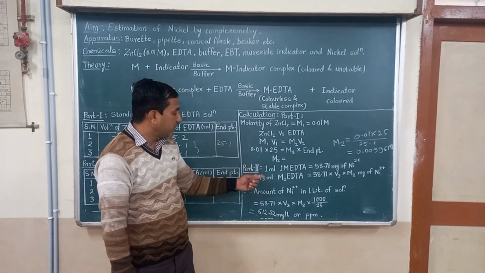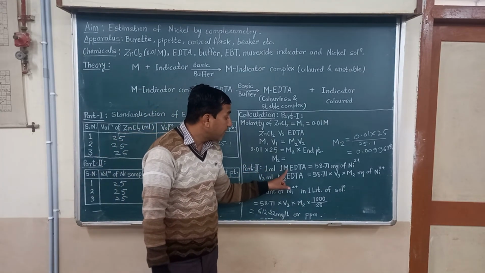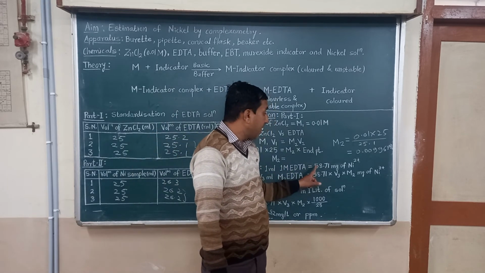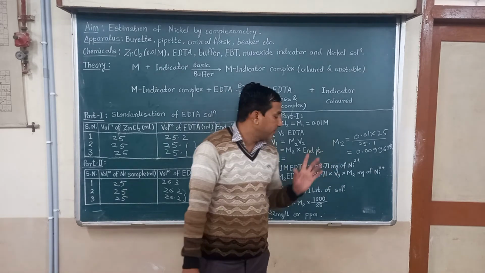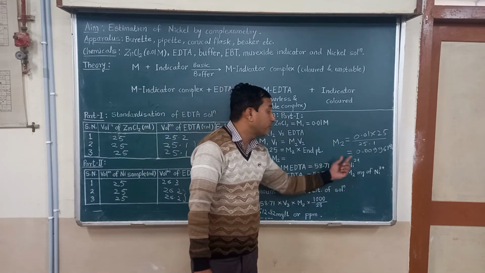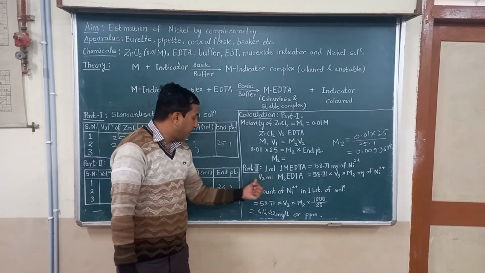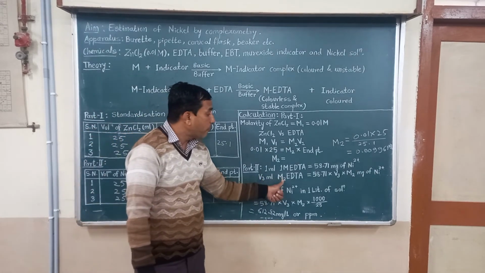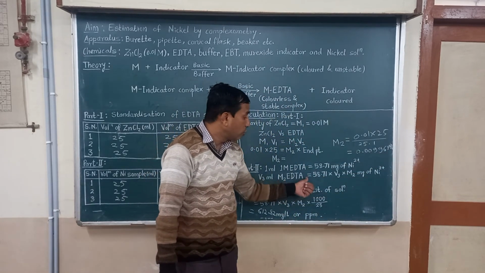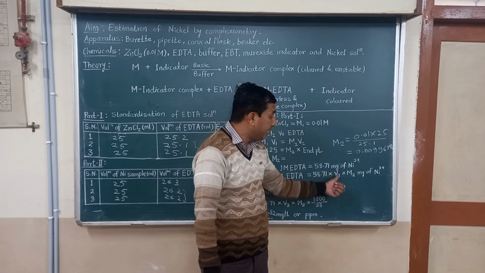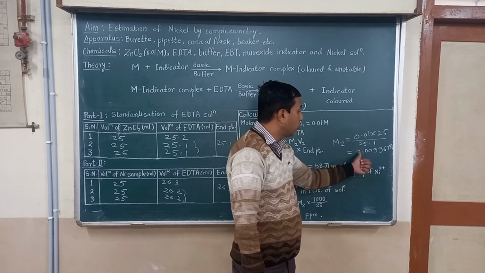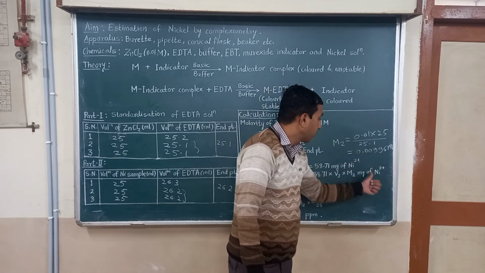Then part 2, the estimation of nickel present in the given sample. We have the stoichiometric equation: 1 ml of 1 molar EDTA solution is equal to 58.71 milligrams of nickel. That means if you take 1 ml of 1 molar EDTA, we require 58.71 milligrams of nickel. So V3 means 26.2 ml of 0.00996 molar EDTA is equal to 58.71 multiplied by V3, the burette reading 2, that is endpoint 2, multiplied by M2, the molarity of EDTA, 0.00996 molar, milligrams of nickel.